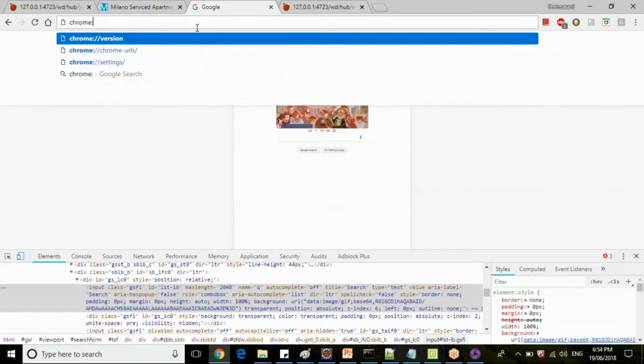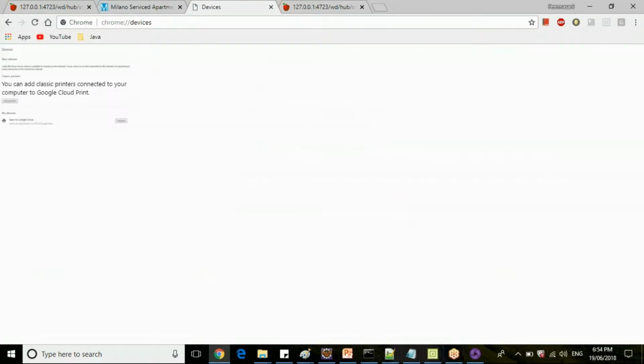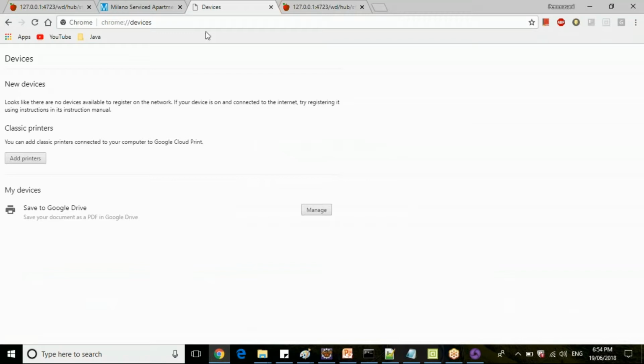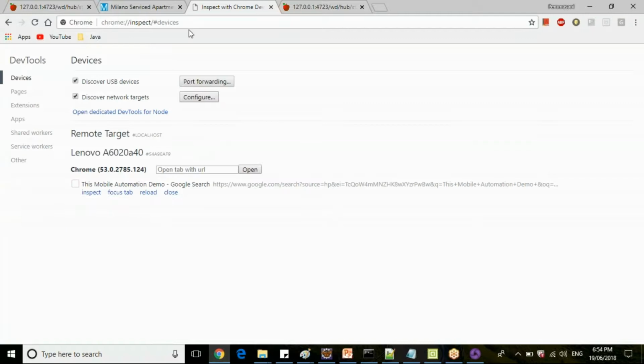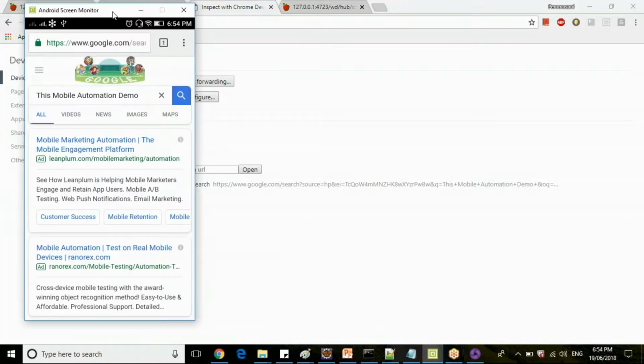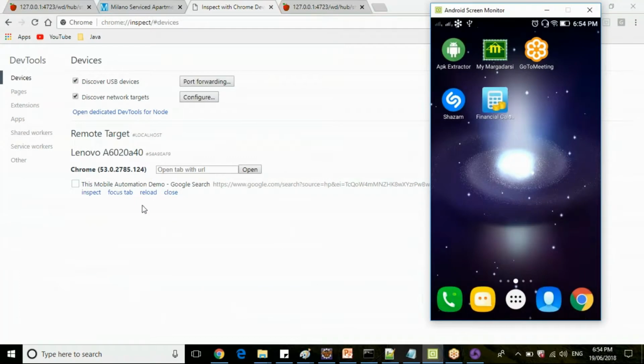This XPath will work as it is. Or, just type here chrome://inspect/#devices. This will show a list of devices here, like Chrome inspect, guys. So in your mobile device, you just launch the Chrome browser. Now I am just minimizing. This session will go now because I'm not working with Chrome. Let me close this Chrome browser now.